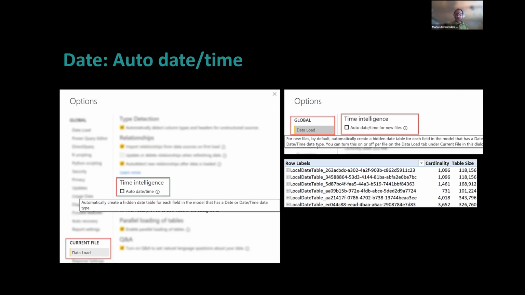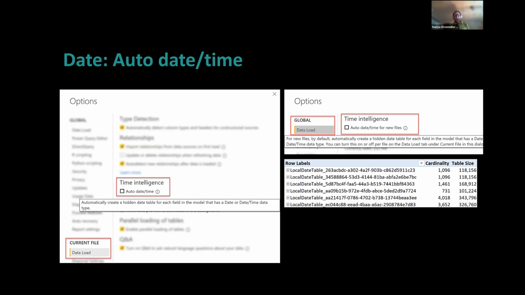If you add this to the report and afterwards you turn off auto date time, it will break the report. It will tell you it could not find the date anymore, because of the certain syntax of how it's referencing this table. So again, you're paying a penalty if you're not turning this off early enough. If you turn it off later, you will pay a penalty and have to recreate some of your reports, which is a waste of time, right?